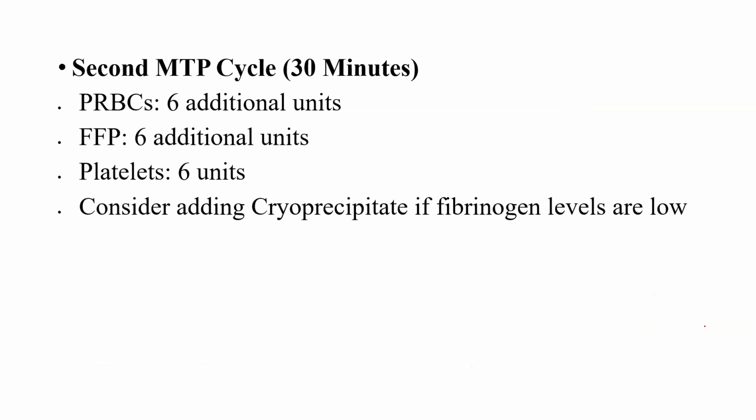Your transfusion, everything should be matched, so prevent further time wasting whenever possible. But having said that, blood is a very essential and rarely available commodity, so judicious use should be done. The second cycle would again consist of the same units: 6 additional units of blood, 6 additional units of FFP, and 6 units of platelets. At this particular time, you should already have got your fibrinogen levels, or your ROTEM